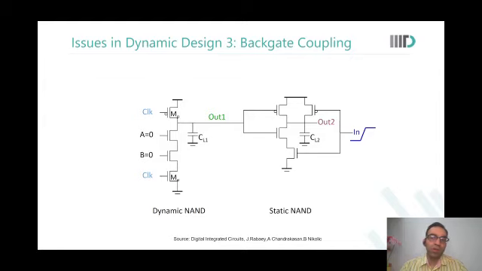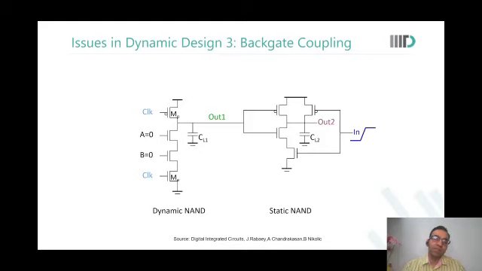So now the next problem that we are looking at is backgate coupling. We said that you could couple static gates directly at the output of the dynamic gate without the inverter, because static gates can take both kinds of transitions, 0 to 1 and 1 to 0. So static gates are not a challenge. But when you couple a static gate right after out 1, what can happen? Coupling will be there. So backgate coupling starts to happen.